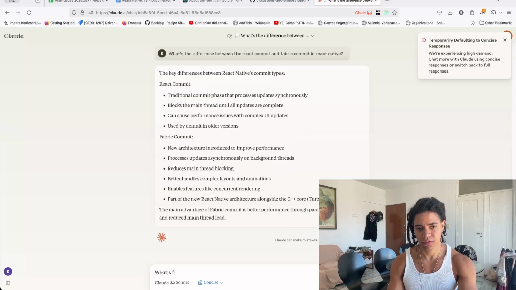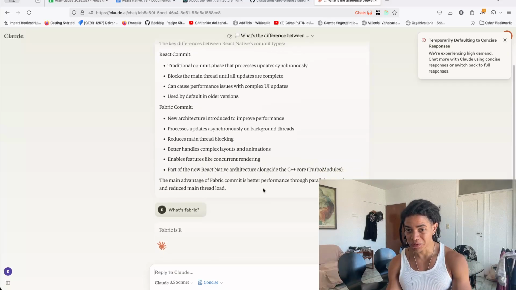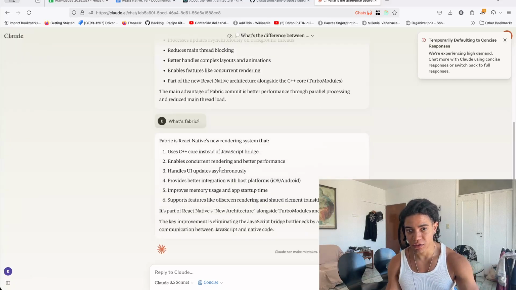So what is Fabric? Actually, it replaces... Fabric is a React Native new rendering system that uses C++ core instead of the JavaScript bridge, enables concurrent rendering and better performance, and handles UI updates asynchronously, provides better integration with host platforms, improves memory use and app startup time,